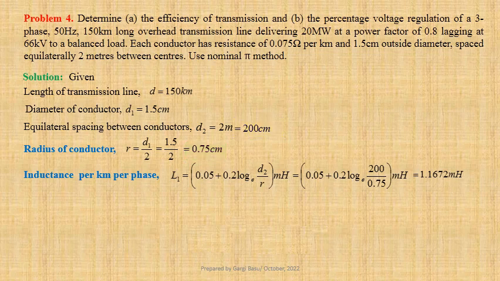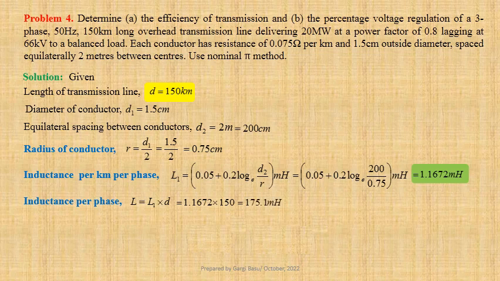Now we shall calculate inductance per phase L equals L1 into D. Using values we get 1.1672 into 150, that is equal to 175.1 millihenry or